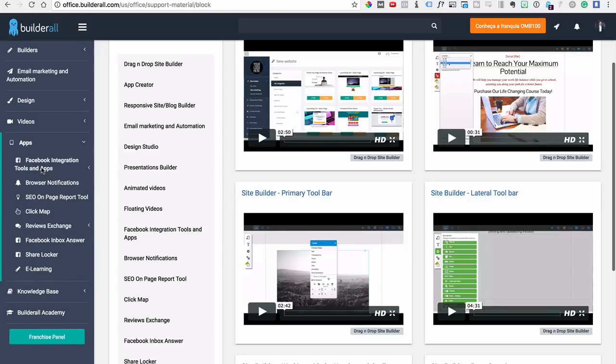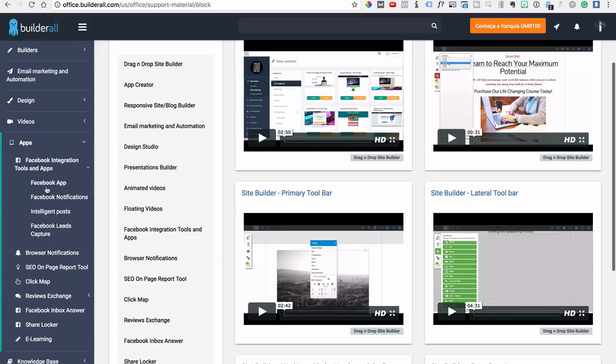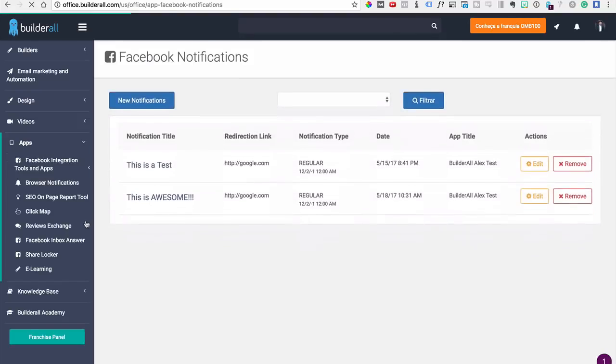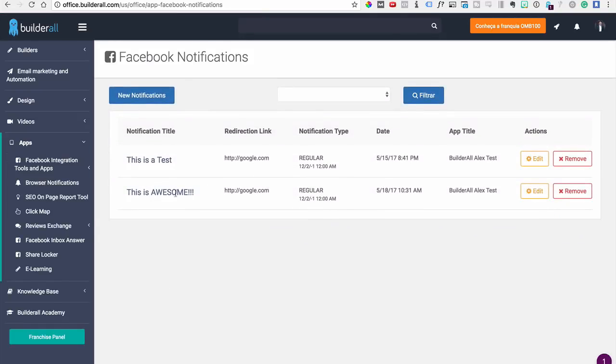Under apps, you've got Facebook integrations, you've got Facebook app, Facebook notifications, intelligent posts. All these are different tools. Like for instance, the Facebook notification is very fun. You can begin collecting people's information, and once it's hooked up, you can send them notifications. The browser notification,